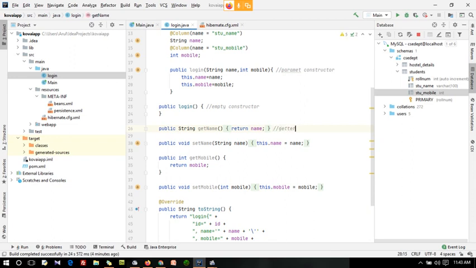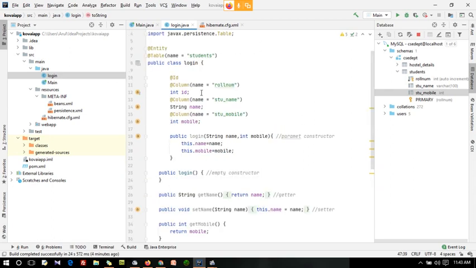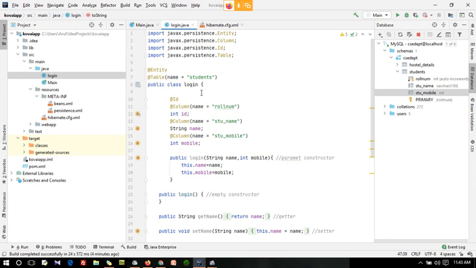This is the getter, this is the setter. So get name, set name, get mobile, set mobile, and at last I am having a toString method. This toString method you can call and print everything. If you call this toString method inside SOP, system.out.println, you can print this ID, name and mobile number, guys. That's it. The configuration is done in the Pojo classes. If you have a number of fields, you want to configure all the fields inside your Pojo classes, guys.